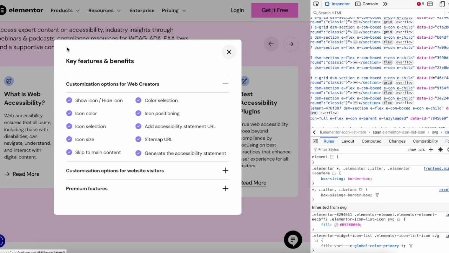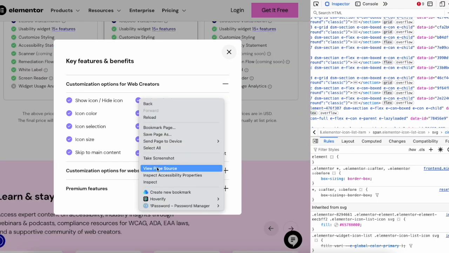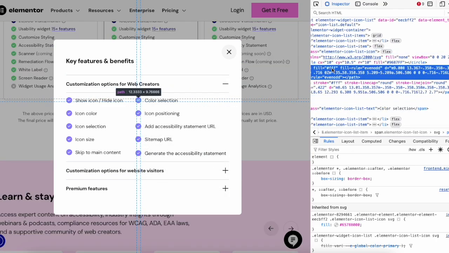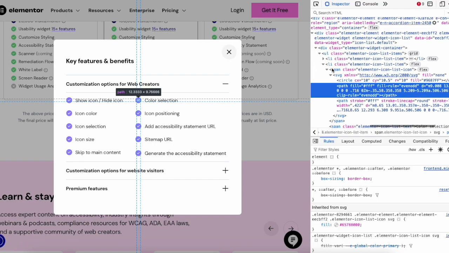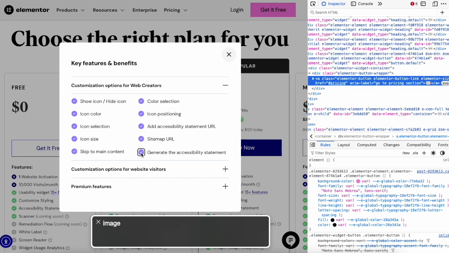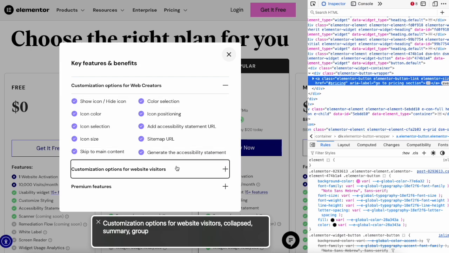When I open up the feature pop-up, the up and down keys work on the accordion, but it doesn't trap my focus, and even though it has these features inside the accordion as a list, it also doesn't hide the image, I'm assuming because it's an SVG and they haven't explicitly hidden them from screen readers.